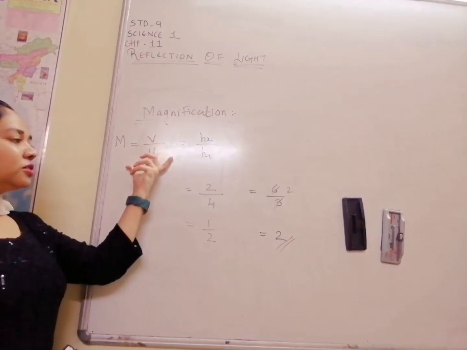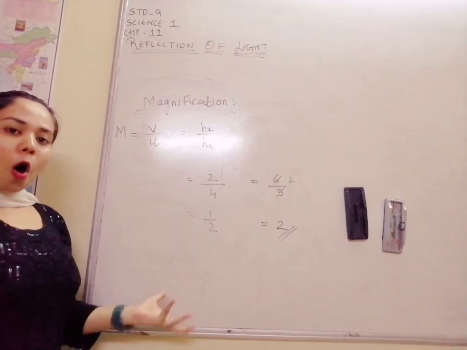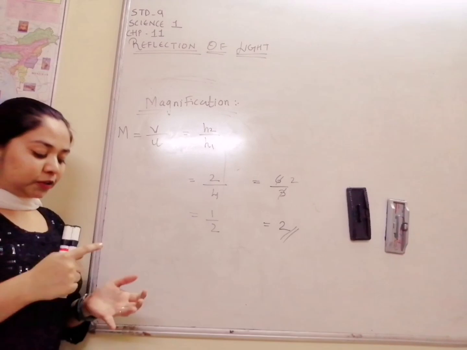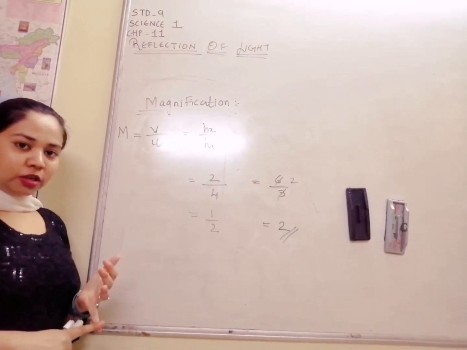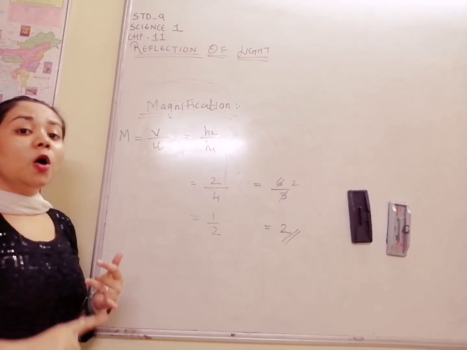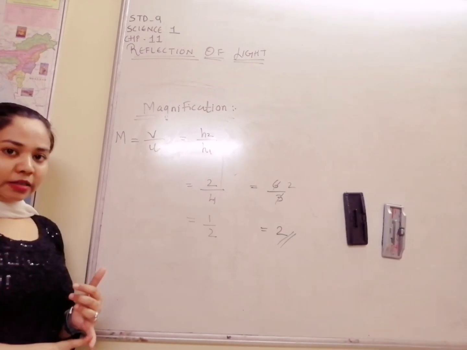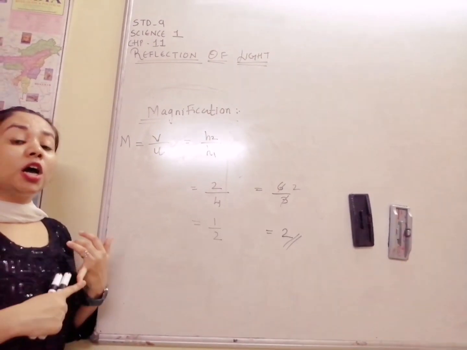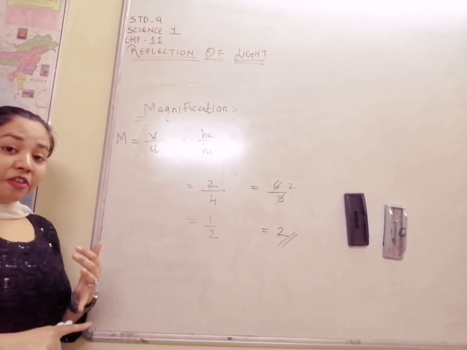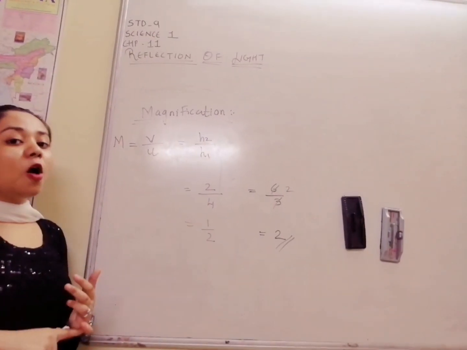Okay, this is how the magnification formula works. It is image distance upon object distance, or height of the image upon height of the object. So in this chapter, what have we studied? We have studied reflection. What is reflection? The best example is a plane mirror, but we are not going to study plane mirrors. We studied spherical mirrors. What were they? Concave and convex. We all know concave is a converging mirror, convex is a diverging mirror. Concave mirror has a negative focal length, convex mirror has a positive focal length.